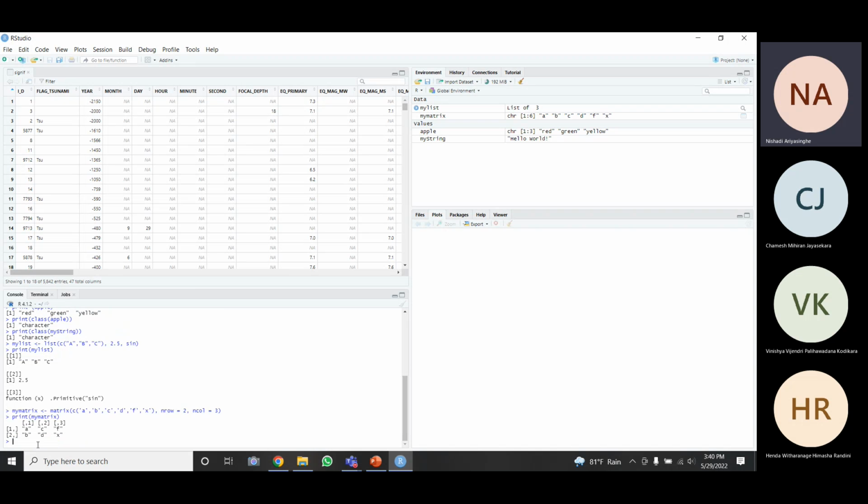If I print my matrix, you can see the rows and columns are shown like this, right?